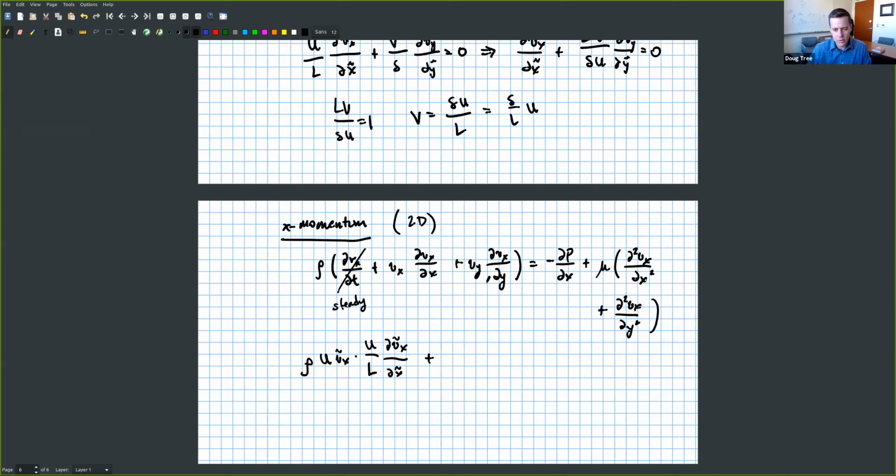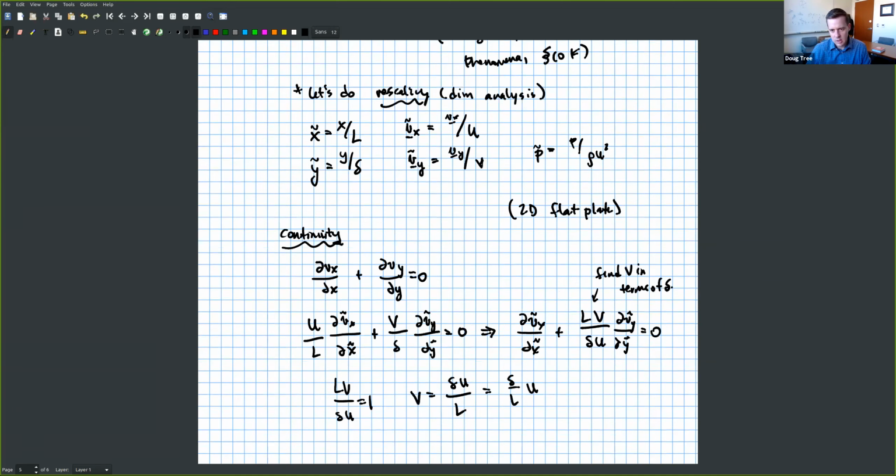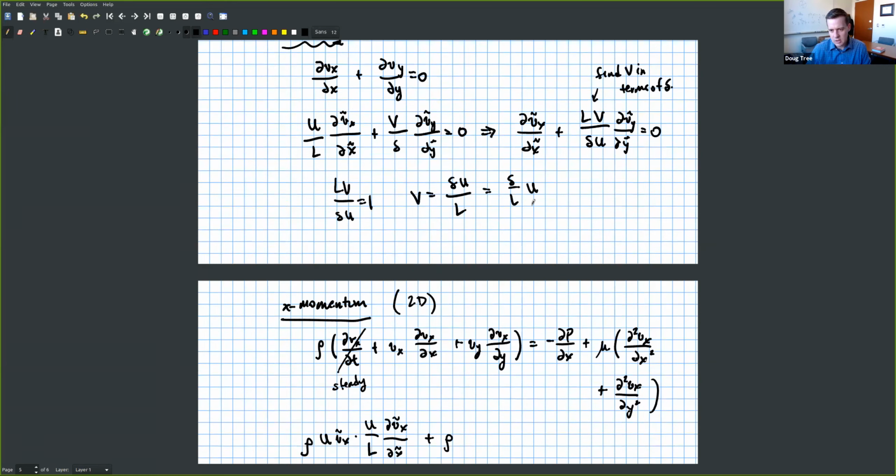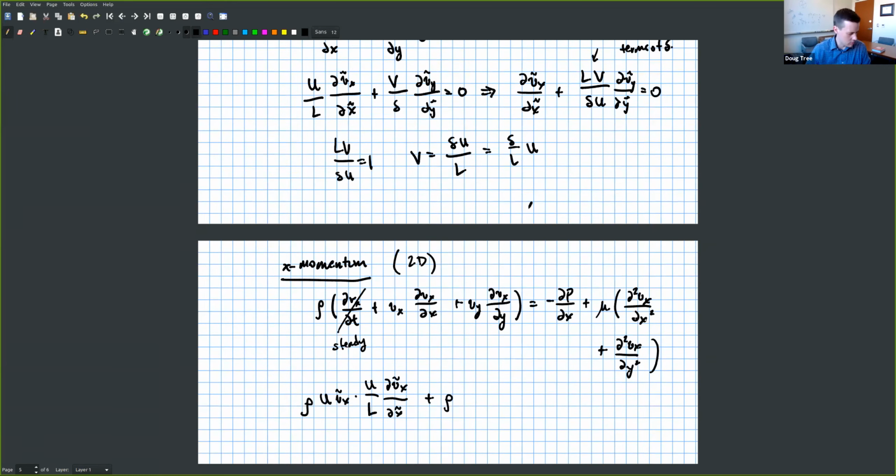We have this term for Vy. So we're going to have rho, and the scale for Vy, you remember, was this V, but we found what V is, which is delta over L. Well, I'll sub that in just a second. So we'll have rho V, Vy tilde, and then I had a dvx dy, so there's a u divided by delta, the length scale for y, dvx tilde